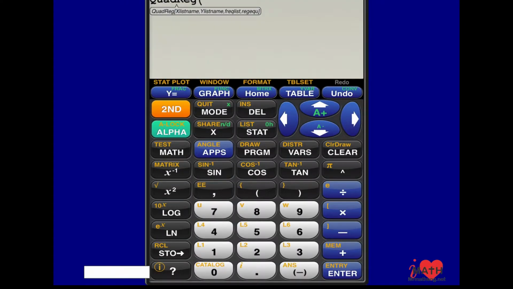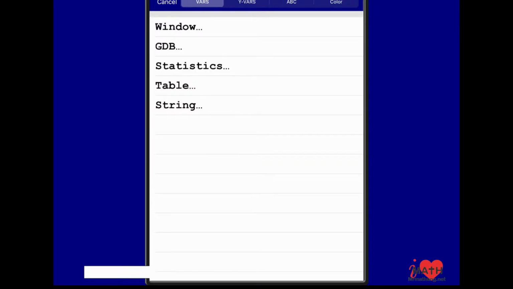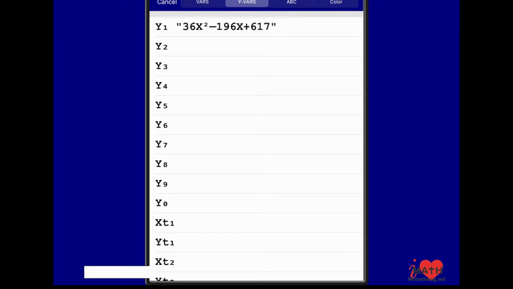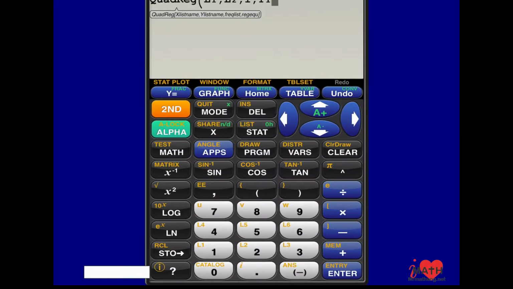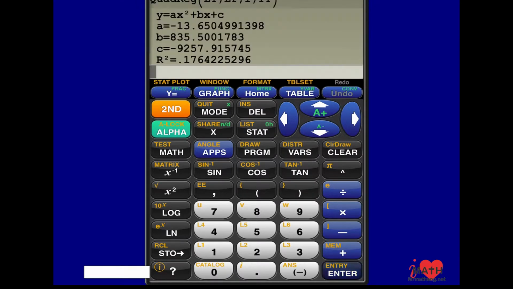Okay, and the nice thing about this app is it kind of tells you, right? It says X list name, so that would be L1. So I'm going to press second 1, comma, which is above the 7, list 2, so second 2, comma, 1, that's the frequency, and then the last part says reg EQ, that's the regression equation, where do you want it? And we want it in Y1, so I'm going to press vars, which is next to the down key, go to Y vars, and I'm going to press Y1,